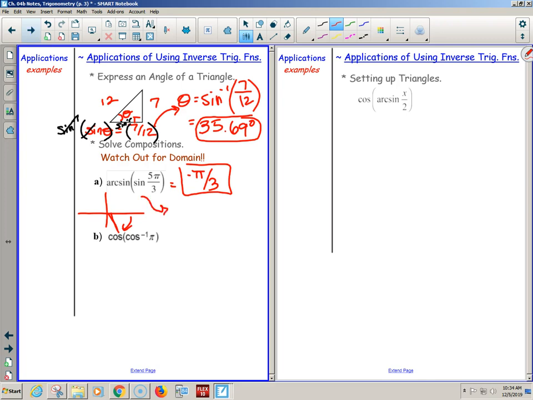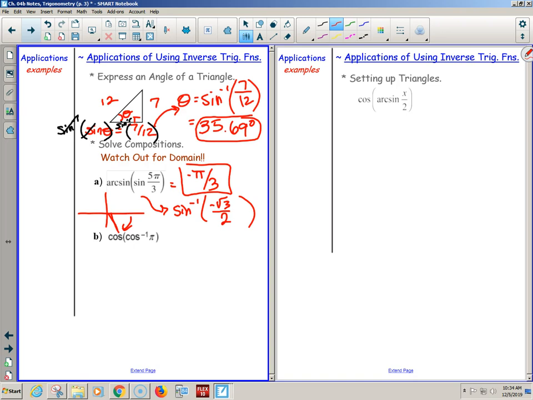PEMDAS, good old-fashioned PEMDAS. PEMDAS says to solve, don't you do parentheses first? What is sine of 5 pi over 3? And now you have to think about, oh, negative root 3 over 2 is at what angle again? It's a pi over 3-ish angle. Oh, that's right. What quadrant again? Oh, fourth quadrant's good. Just go the other way. So maybe PEMDAS would make it harder than it has to be. But can you go as easy as